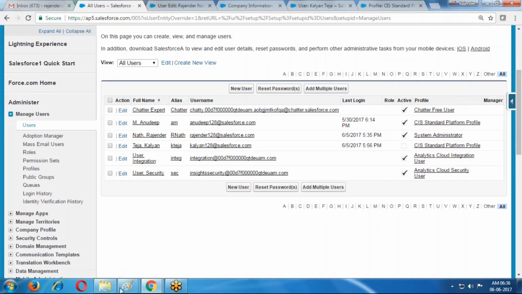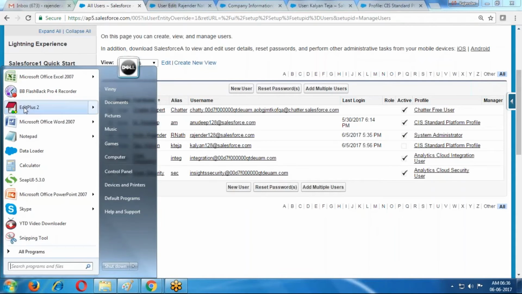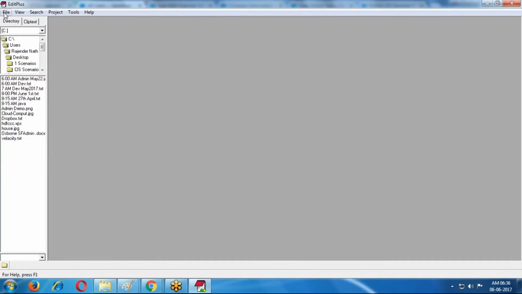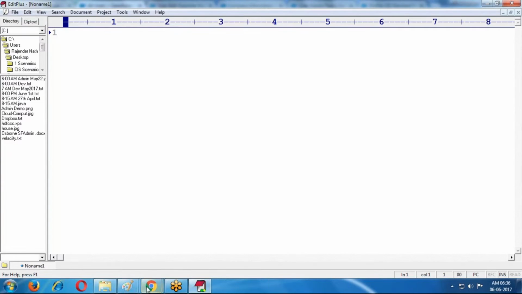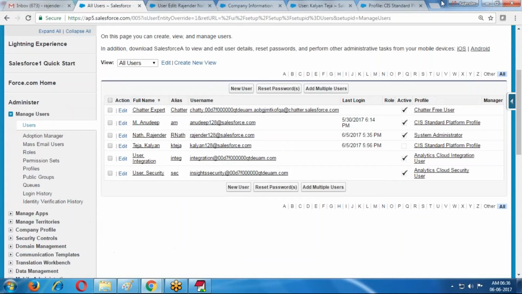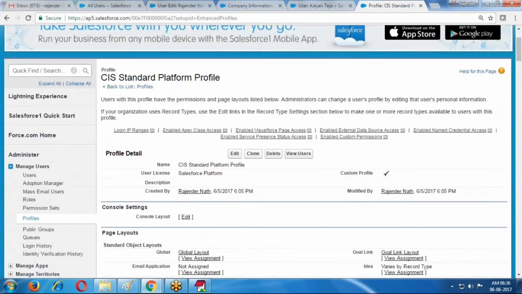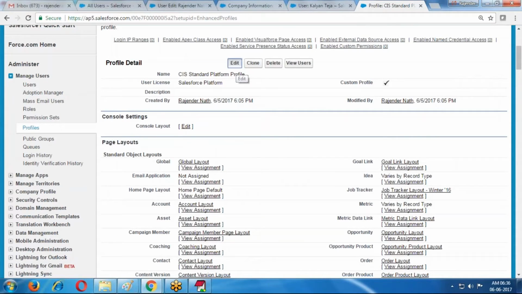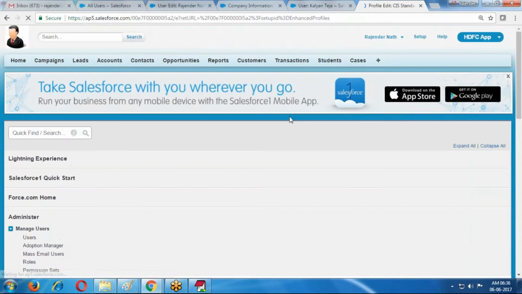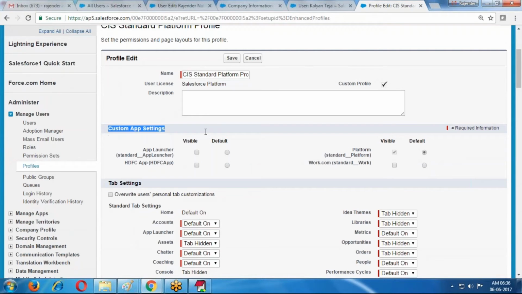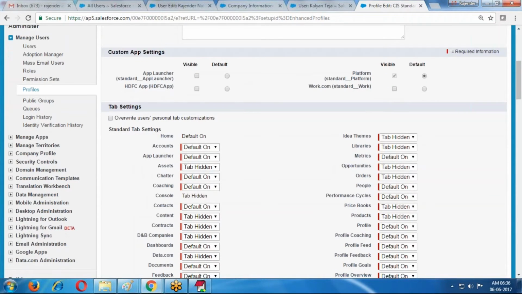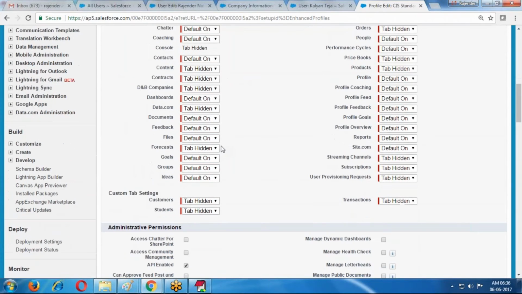Whenever we open a profile, so many things are there that we can control. We have applications, and we can control the applications. Tab settings, different tabs are there.